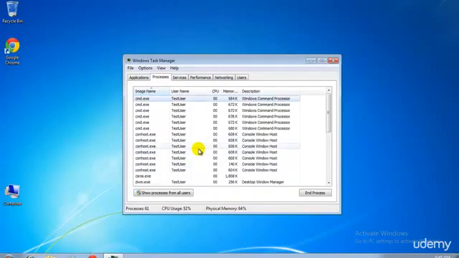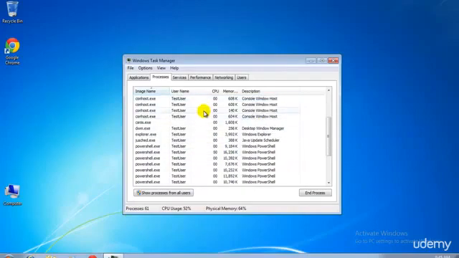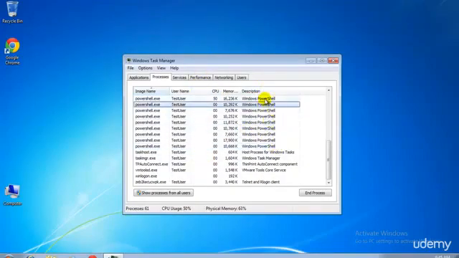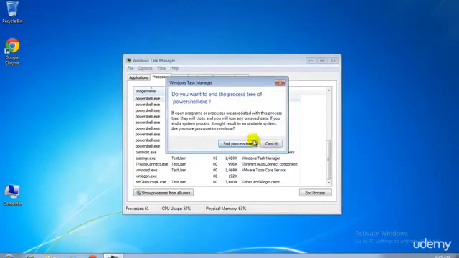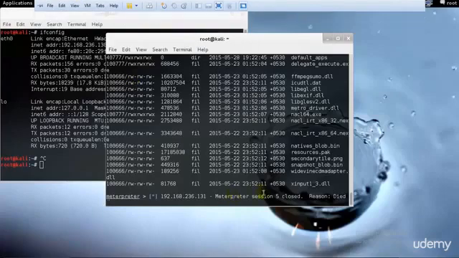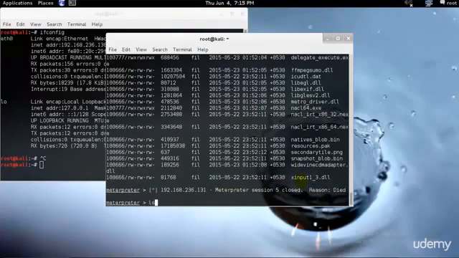But if the person, for some reason, opens his task manager, he will see that so many command lines and so many PowerShell processes are still running. So he will probably go ahead and close everything over here. If he closes each and every one, okay, as you can see, my interpreter session has died. So I'll just go ahead and check